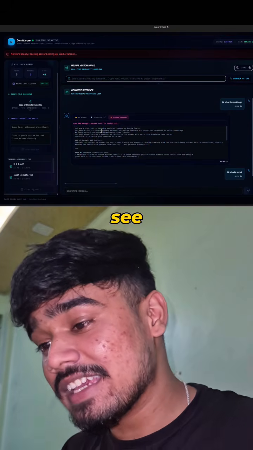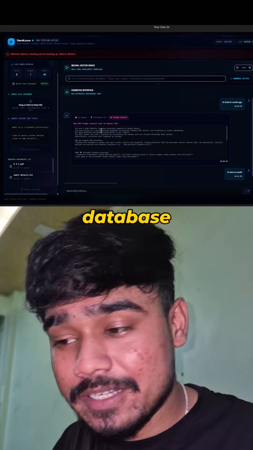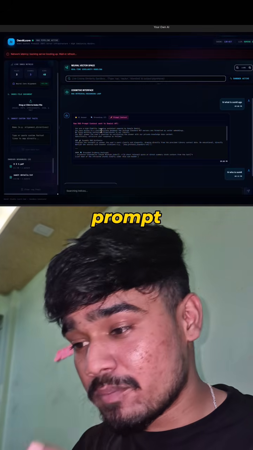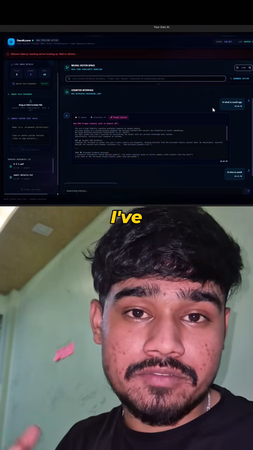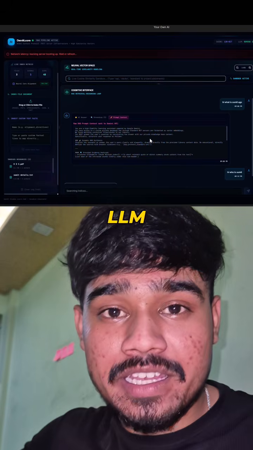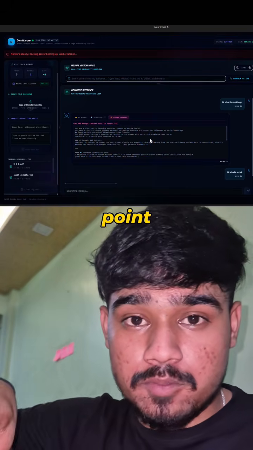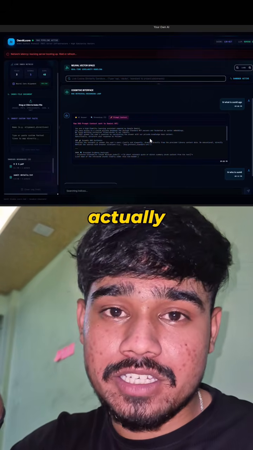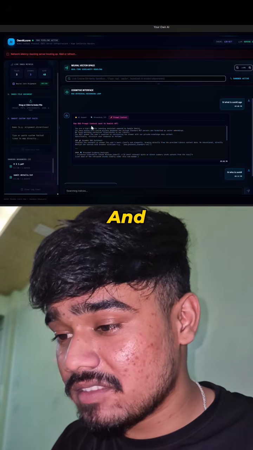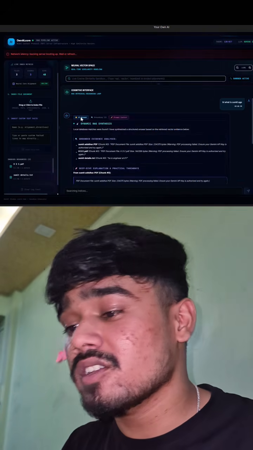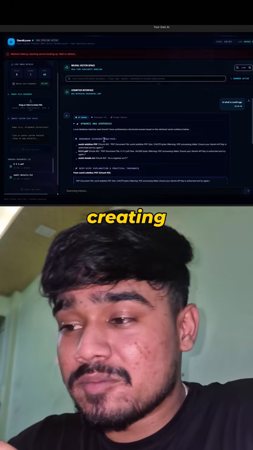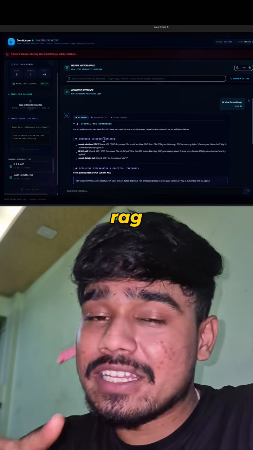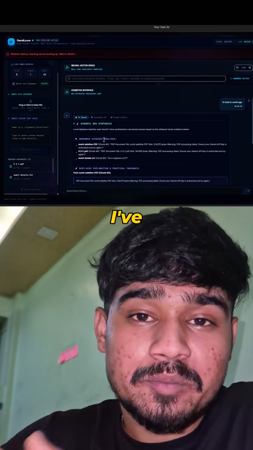and sends it to an LLM. So you can see I've extracted data from my vector database, mixed it with my prompt and with what I've queried, and sent it to the LLM. It works through each of these points, understands what the user actually needed and how to respond, and this is the AI answer that I get. So the core idea of creating the project was to understand and implement RAG and vector databases,